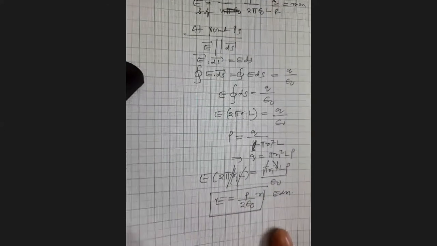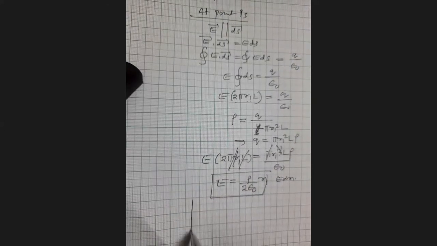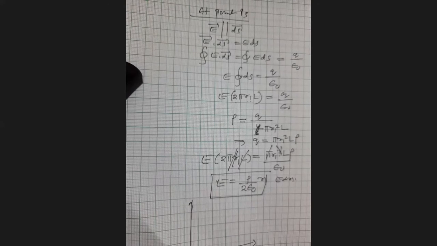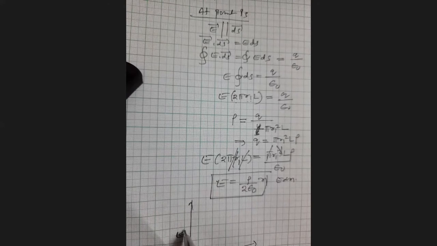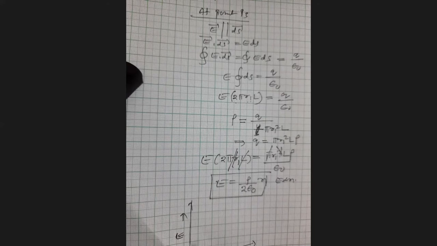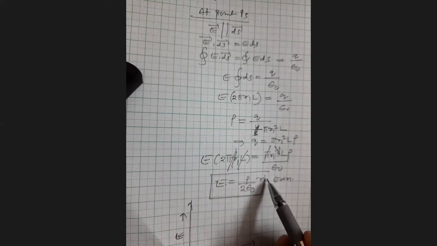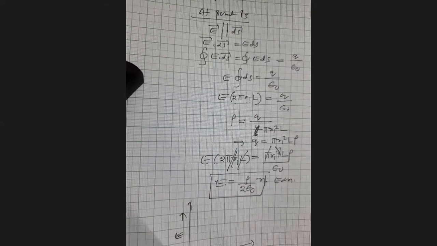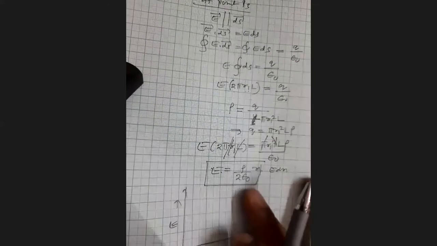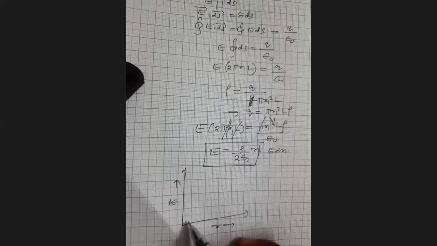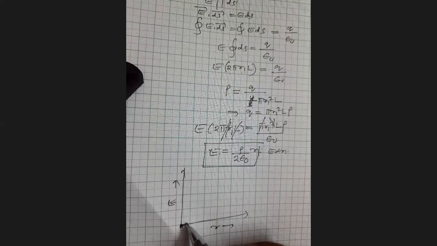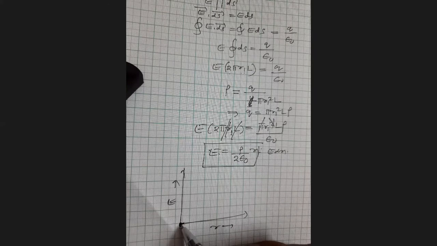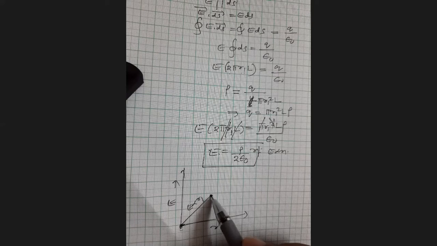If you draw the graph for this, taking distance on the x-axis and the field strength on the y-axis. Inside the point, E is proportional to R1. At the center, if you consider the point on the axis of the cylinder, there R1 equals 0. Therefore, the field strength is 0. As we move from the axis to the surface of the cylinder, E, directly proportional to R1, increases linearly and becomes maximum at the surface.